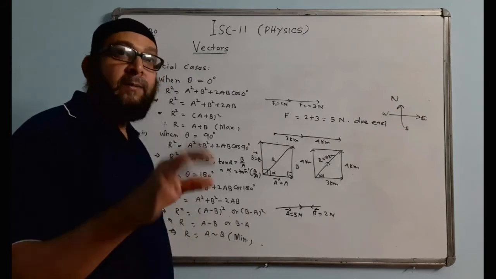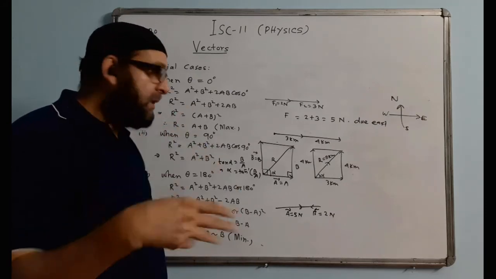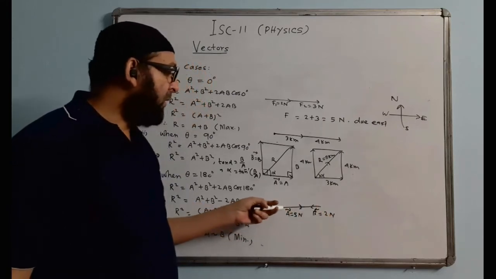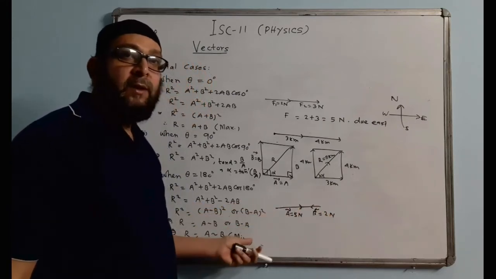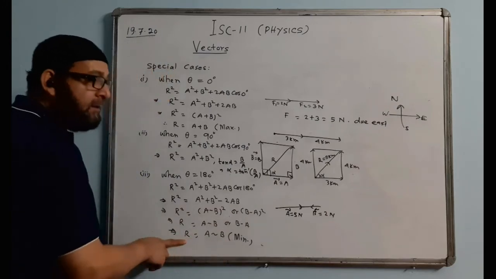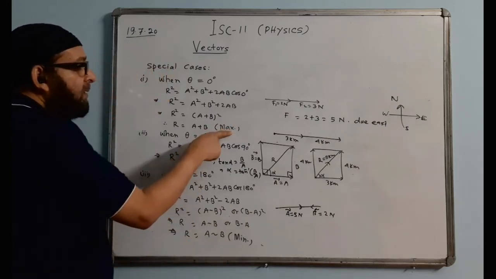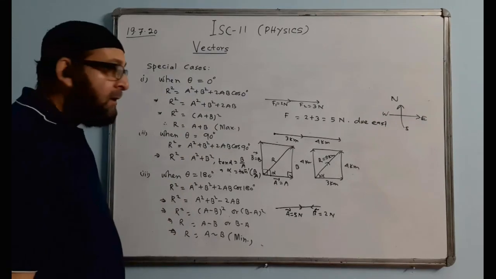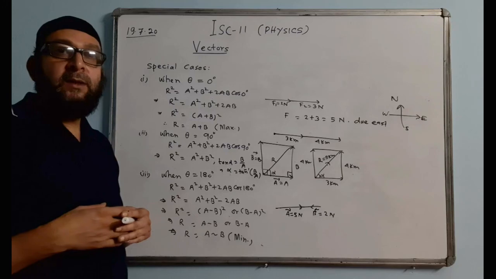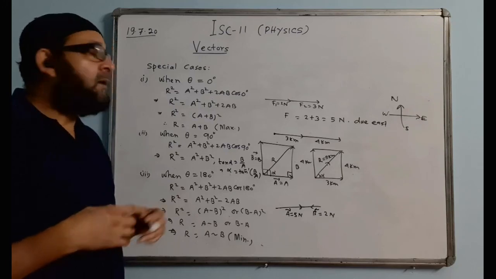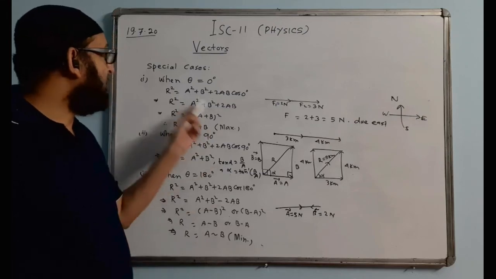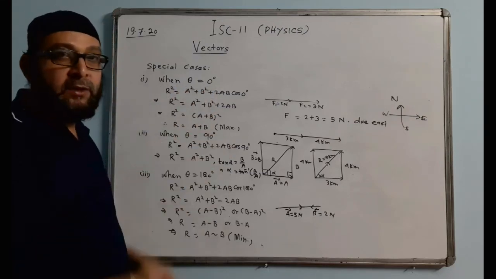And the direction will be the direction of the bigger one, whichever is bigger. So here A is bigger, 5 Newton, B is 2 Newton, so A is dominating. So you have to give the direction of the bigger vector. And this will give the minimum value of the resultant. This case will give the maximum value of their resultant. So what I mean to say is that two vectors are not always simply added. Only in one case we can add them simply. And what case? That is case 1, when they are in the same direction.